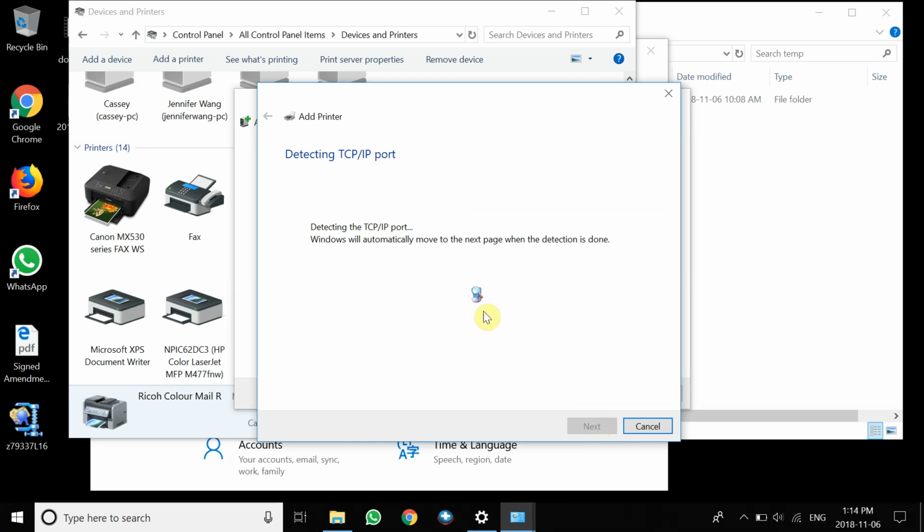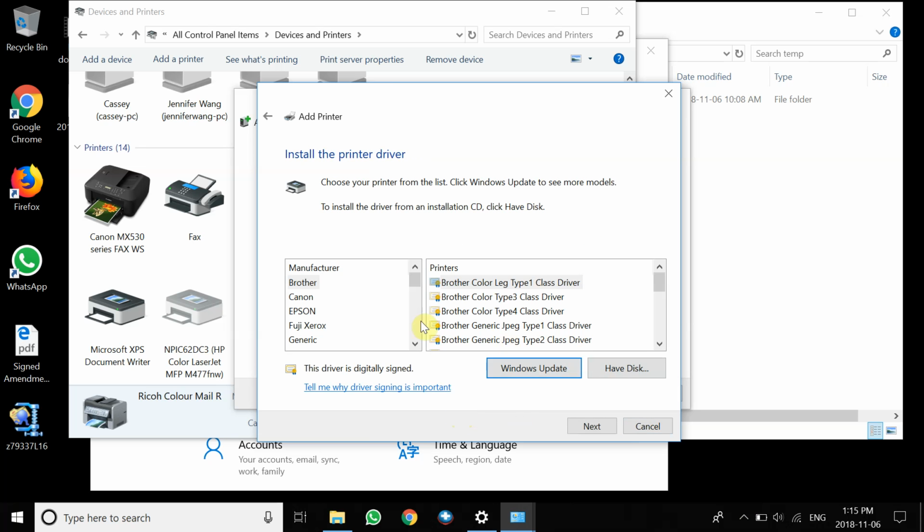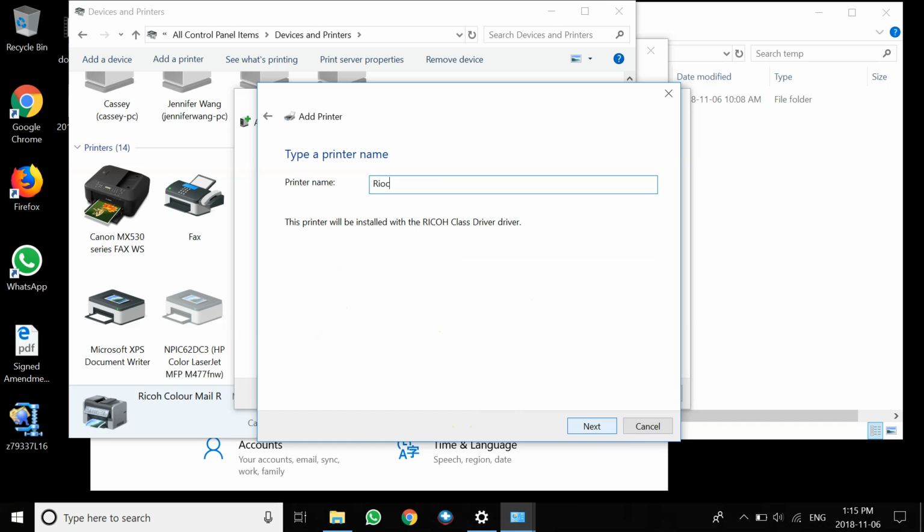And this one's actually a really easy printer because you don't have to find drivers for this printer because it only prints black and white and it's pretty native to the operating system, so the operating system knows it. Which I know might sound a bit technical, but I'll show you what I mean in a second. So you just say, I have a Ricoh, and you go Ricoh class driver. And if you hit Next, call it Ricoh